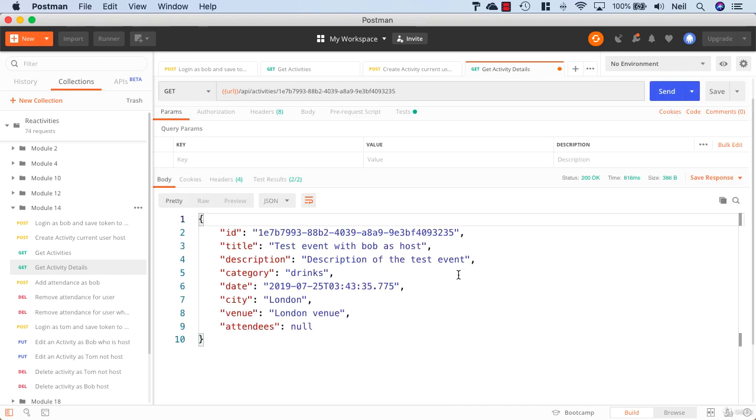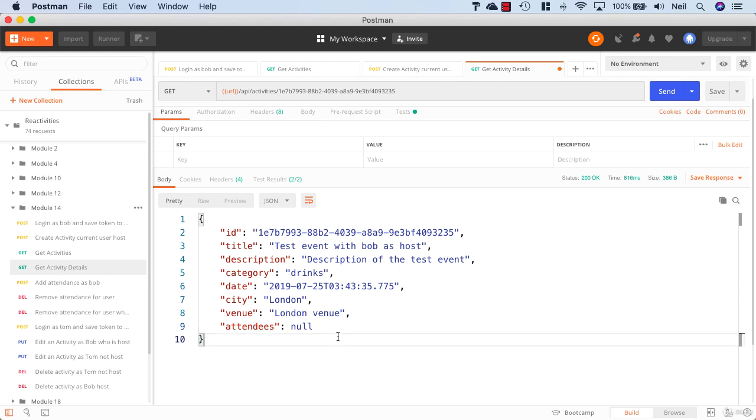And what we get is our activity is still coming back, and it doesn't really look like anything's changed. And we've got our attendees in here, which is set to null. And because nothing's changed, it's kind of difficult to explain the benefits of this. But this attendees one is interesting because now this is the event that has an attendee, but it's set to null, we're not seeing anything in here, and what we should be seeing is our attendee, but